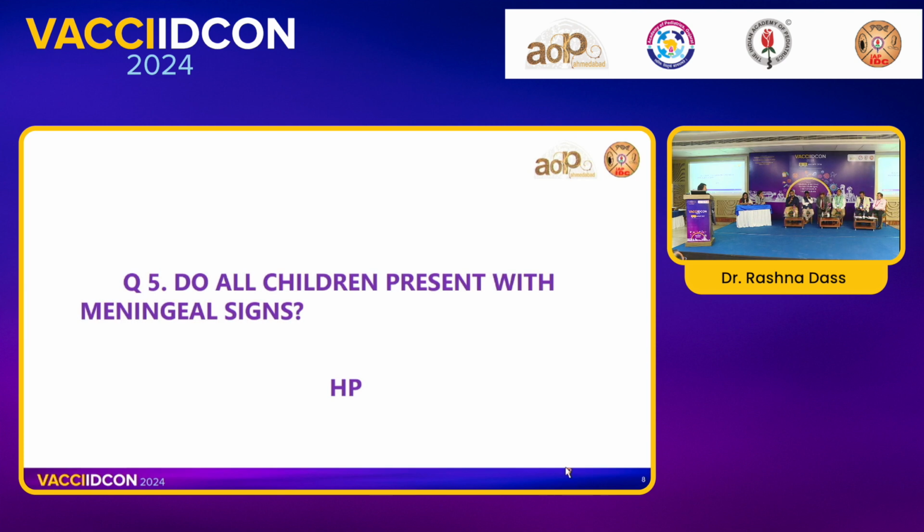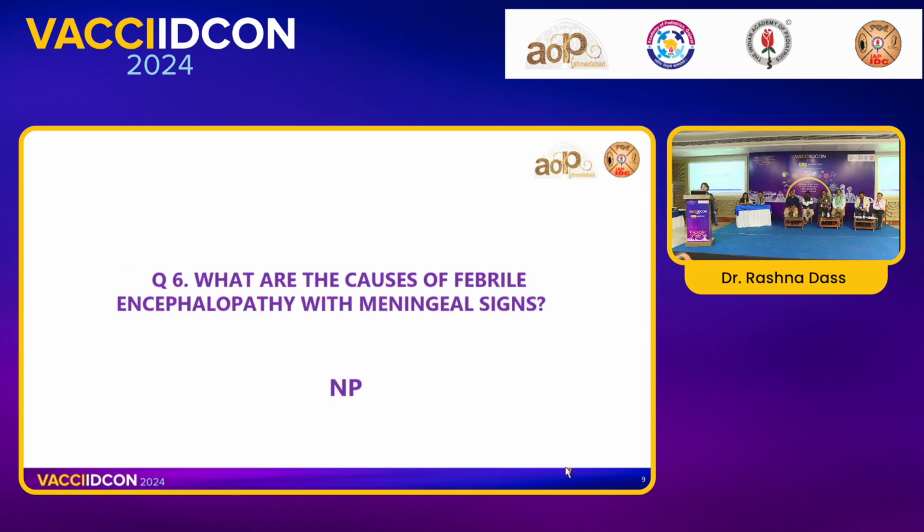Even in viral fever with aseptic meningitis, most patients don't have a proper meningeal sign. So whenever you have fever with altered behavior, altered sensorium, in the presence of seizures or any focal deficit, definitely you have to think in terms of CNS infection and investigate the child accordingly. Sometimes children with malnutrition also may not have meningeal signs. So in the clinical context of a malnourished child, you must always suspect meningitis or rule it out. So, what are the causes of febrile encephalopathy with meningeal signs?